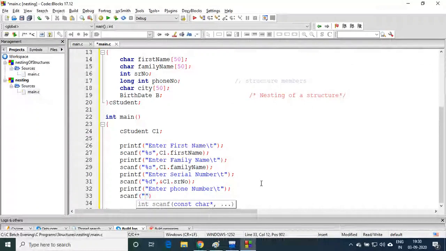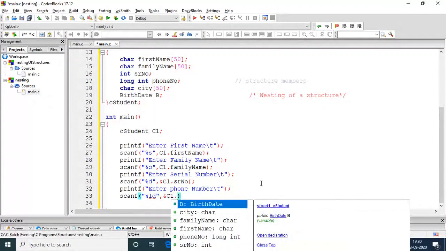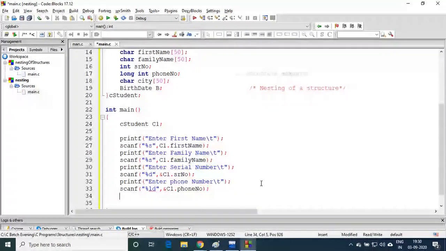Connect. Percent long end, so LT. Let's see whether it works or not. I don't know. Ampersand C1 dot phone number, and then CT. So